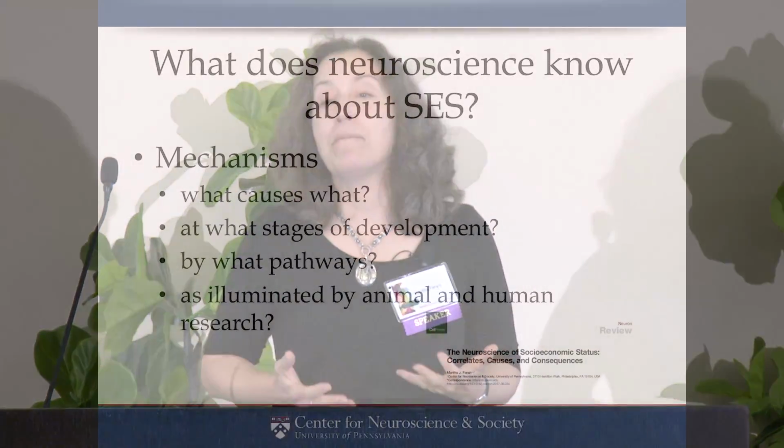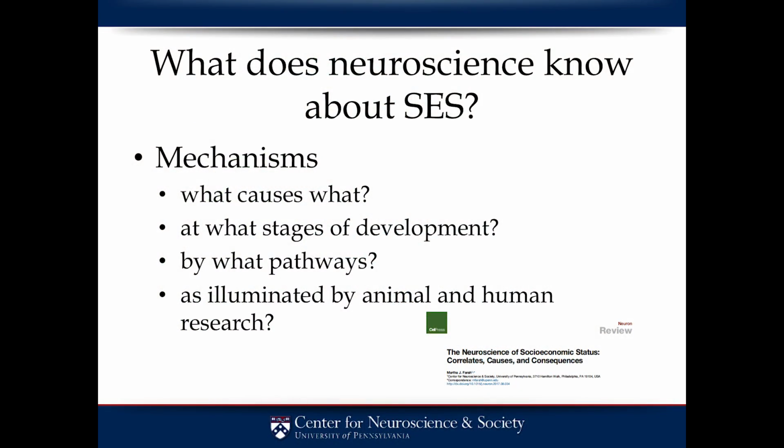And then finally, I want to tell you that the questions that we really care about as scientists are the mechanism questions, right? Like what causes what? At what stages of development? By what pathways? And what specifically can we find out by studying humans and by studying animals? So animals don't have socioeconomic status. They don't have occupational prestige and things like that. But they have many of what we believe are the proximal causes of differences between low and higher SES people,